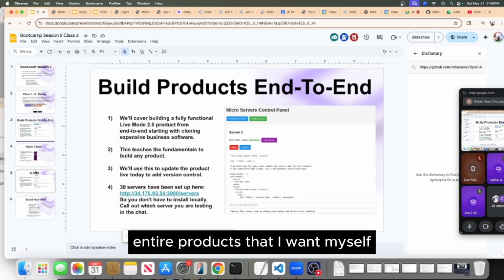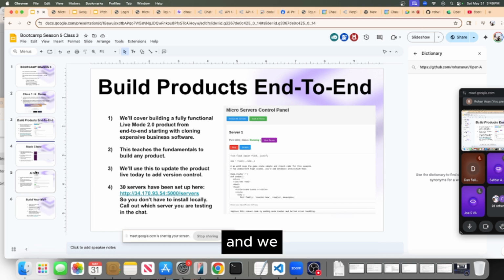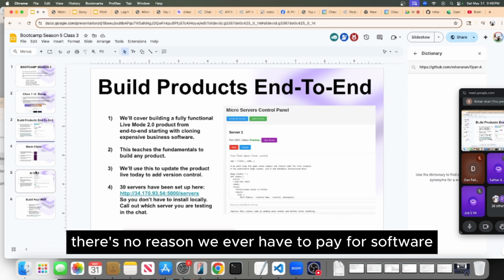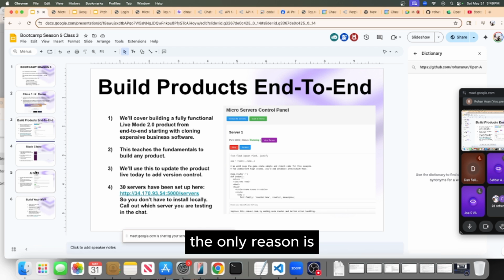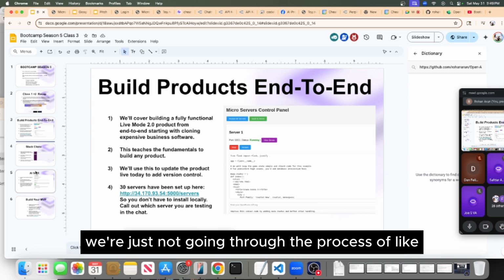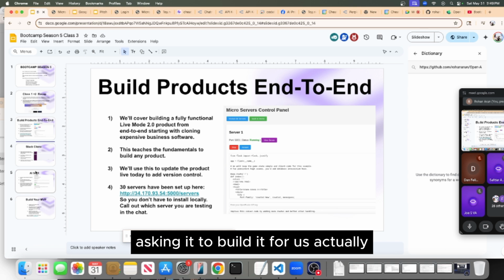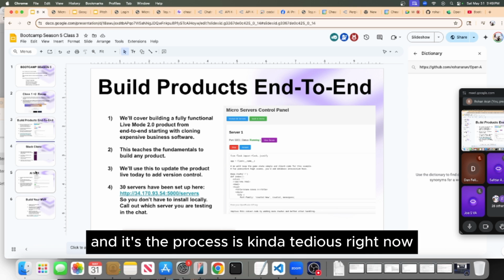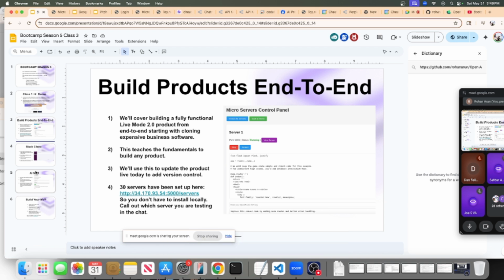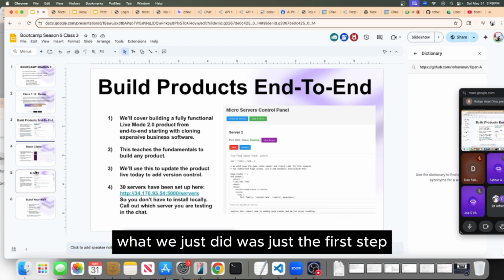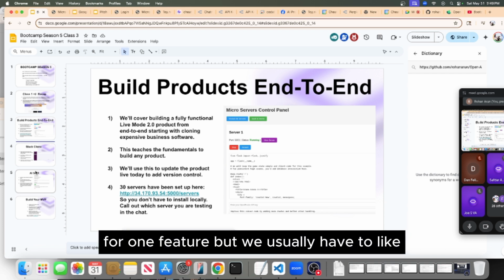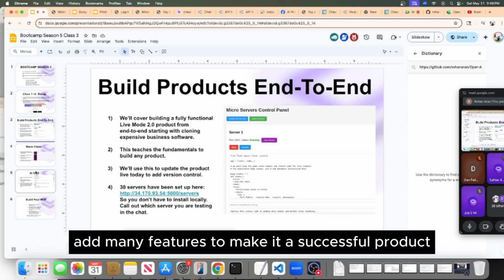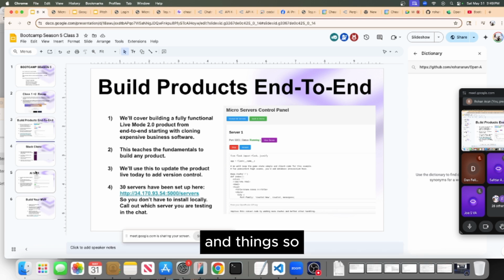that I want myself. And there's no reason we ever have to pay for software again, actually. The only reason is we're just not going through the process of asking it to build it for us. And the process is kind of tedious right now, to be honest. It's not easy. What we just did was just the first step for one feature, but we usually have to add many features to make it a successful product and things. So